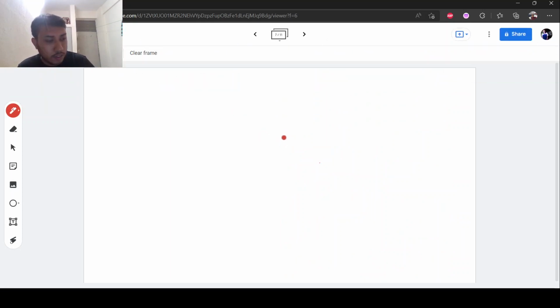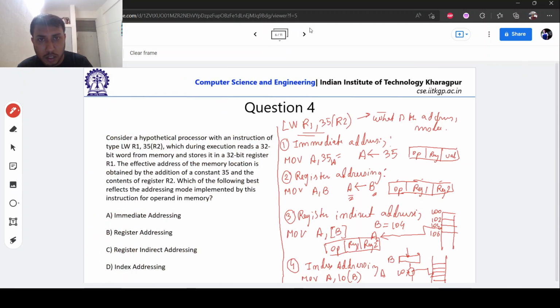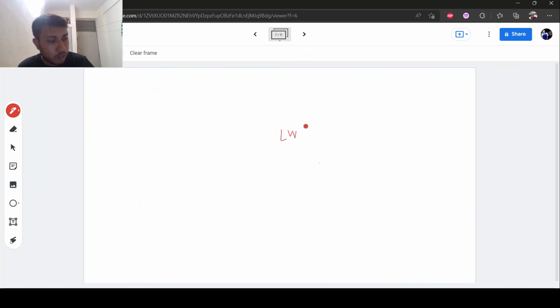So it says LW R1 35 R2. So what it does is, if this is the main memory,